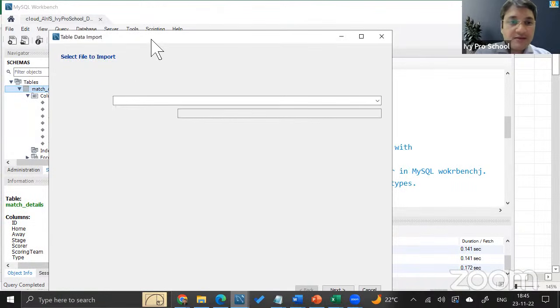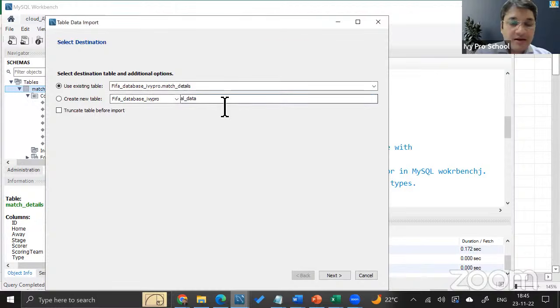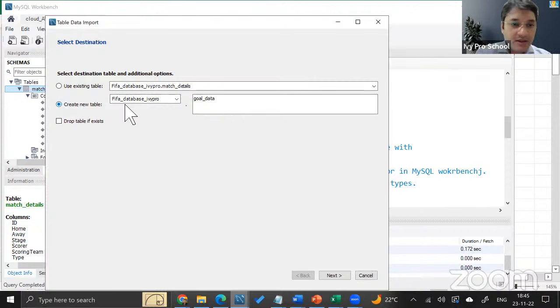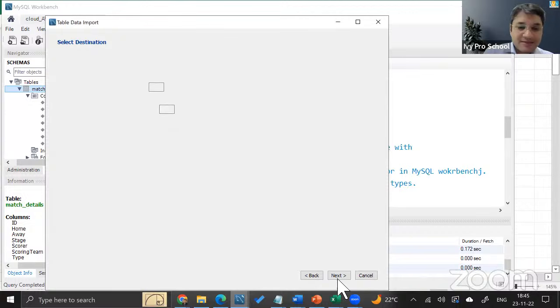Next. This doesn't show up properly in my UI, but your UI will probably show properly. So I'm going to use the existing table. This is my existing table, FIFA underscore database underscore IvyPro.max details. Very, very important. And then click on next.